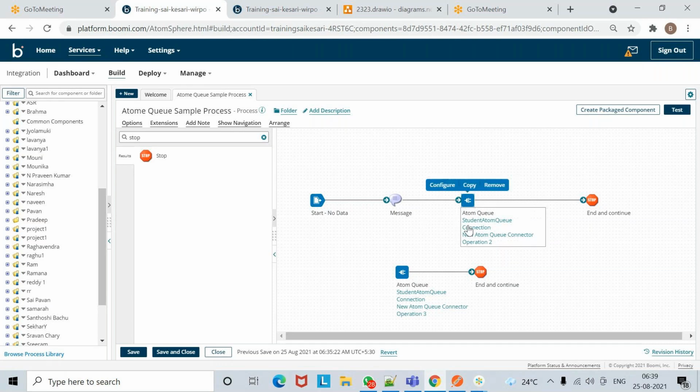This will not consume any licenses. It's a purely internal Boomi connector, so it will not cost anything. You can use any number of atom queue connectors in your process. Nothing will be consumed. Okay, so when they ask the reverse question, give me some connectors in Boomi which will not consume